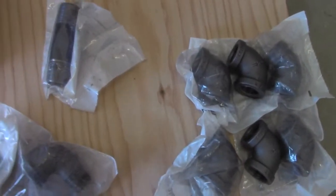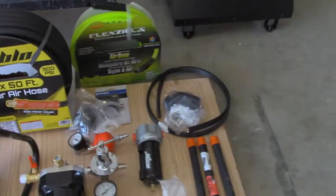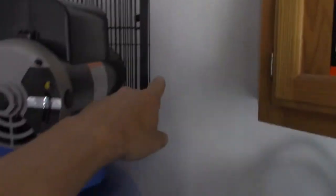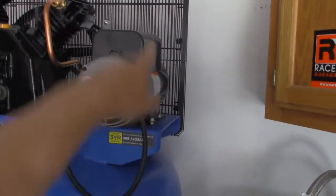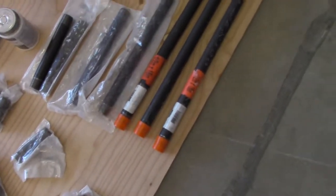So this is all 1/2 inch piping, because that's what my air hose is. Because I'm gonna run 50 feet, so I'm gonna run that hanger right there. So the hanger will go back here, and then I'm gonna drape my air hose. So my air hose is just kind of looped and hanging against the wall, which I've talked to a lot of painters here, and they've done the same thing, and they have no problems